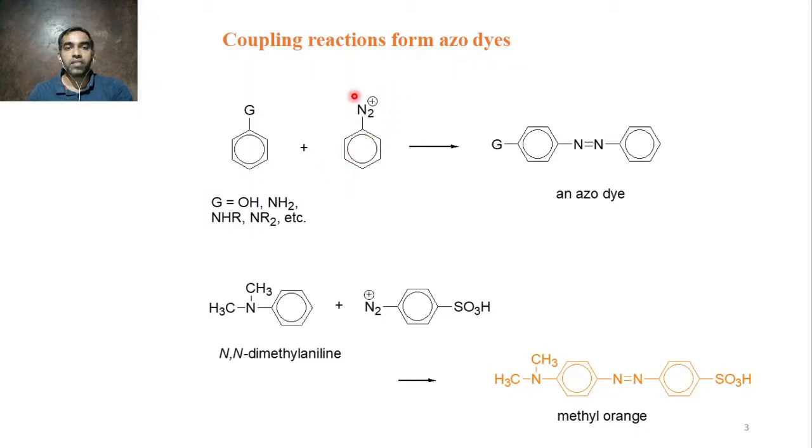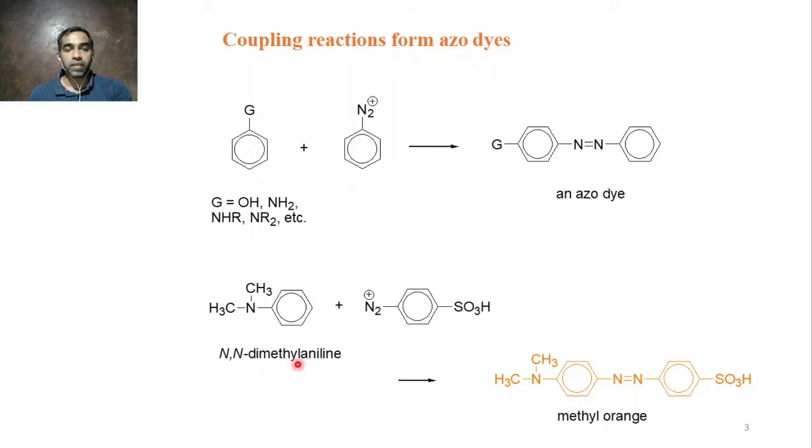So this benzene diazonium chloride or any halide will undergo coupling with those compounds having OH, NH2, NHR, NR2, especially phenolic or aminic compounds, aromatic amines or phenols. They undergo substitution at the ortho or para position to give this diazo compound. This is called azo dye. Okay, this is the coupled diazonium product, which is an azo dye. You can see the functional group, which is azo, here.